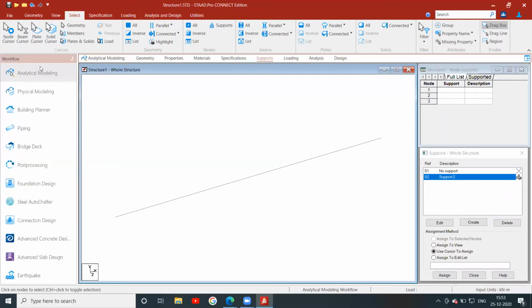Different cursors are there: the node cursor, beam cursor, plate cursor, like that. For giving the supports, you have to select the node cursor, and after selecting it, you select the nodes.